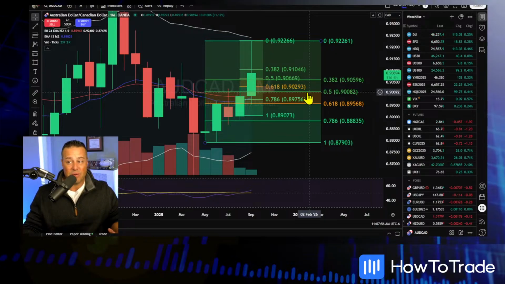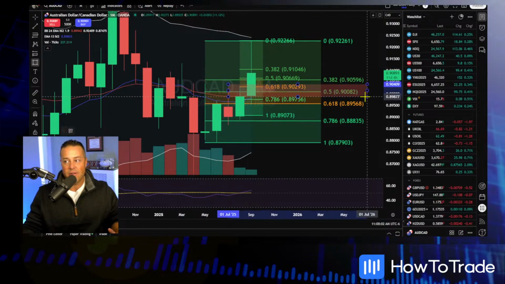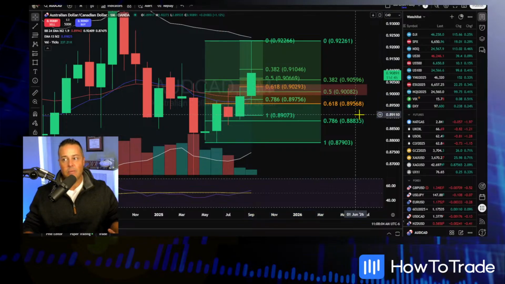We've got a 50% retracement right there at 90. That zone right in there, let's just go ahead and highlight it. This area right in here, probably a pretty good zone to be a bidder from. Lot in there. We should catch some bids. 90.25 to 90 flat. That's how I'd be looking at this.